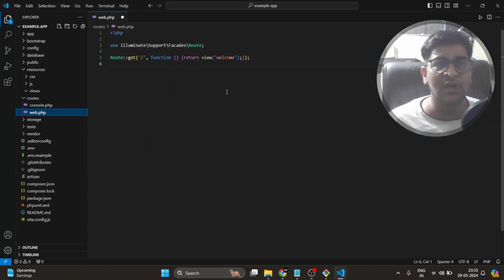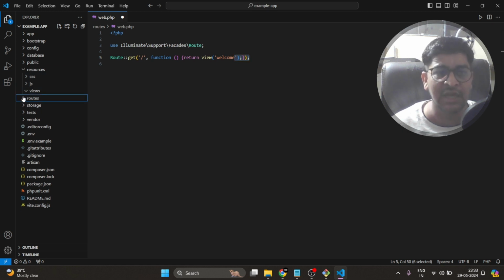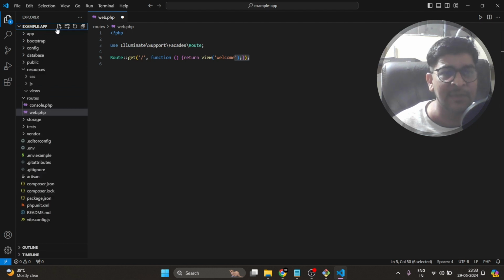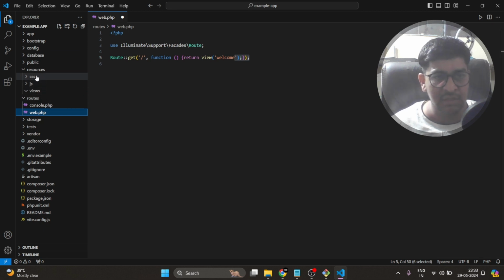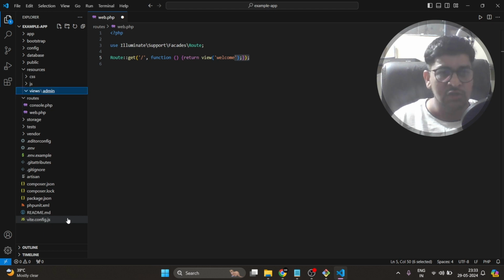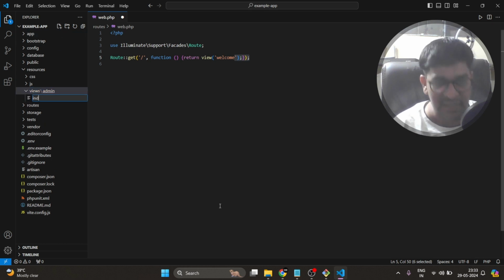For now we have to create one function. Before doing that, I would like you to understand layouts, and how things have to work. Suppose we are working on a Laravel application where we have to separate the admin and the front end. Inside the views folder we will create a folder named admin. I click over here and type admin, and that creates the admin folder.